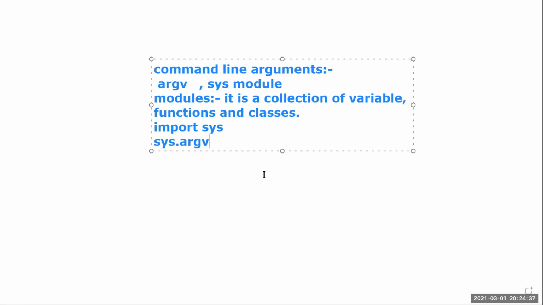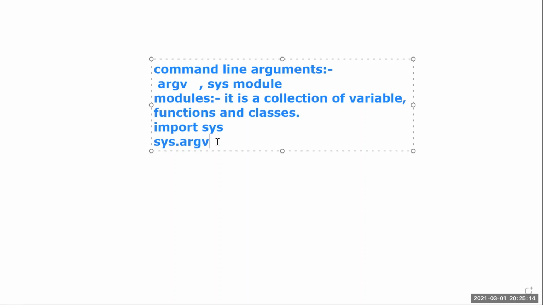After importing, to access the functions, classes, or variables, we follow the syntax module name dot variable name. For example, to access a function defined in the sys module, sys dot that function name. Like that, we can access variables, functions, or classes by using the dot operator.